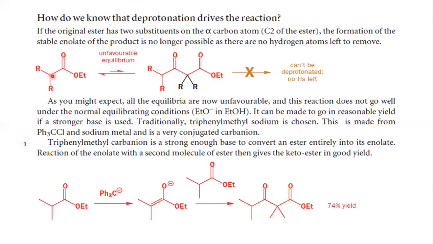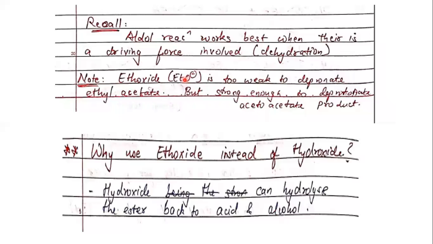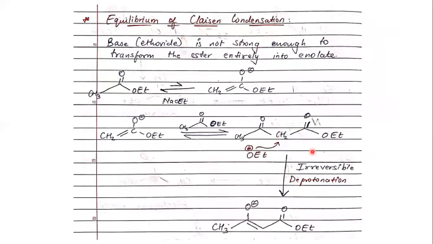If you can see here, they have taken an ester that has only one alpha hydrogen, due to which it will form an enolate. That enolate will react with another molecule of the same ester, which will now act as an electrophile. And if you can see here, there is an unfavorable equilibrium to form this kind of condensation product. Now the problem with this condensation product is that between the two C=O groups, ideally there was a CH2 in your previous example, the basic example they had taken.